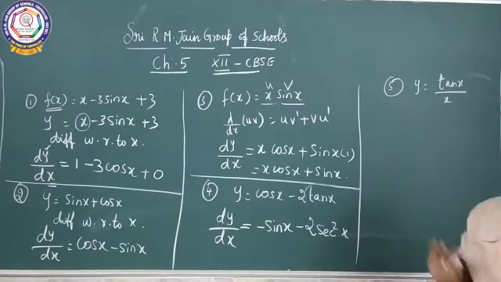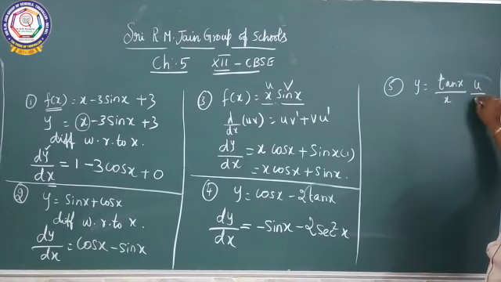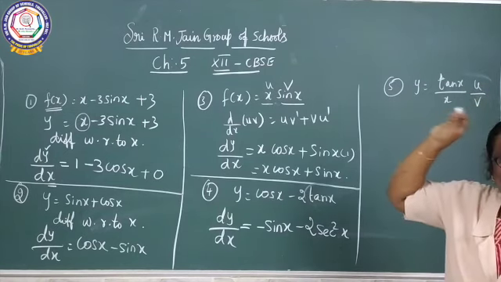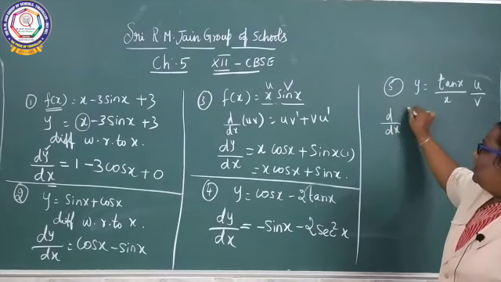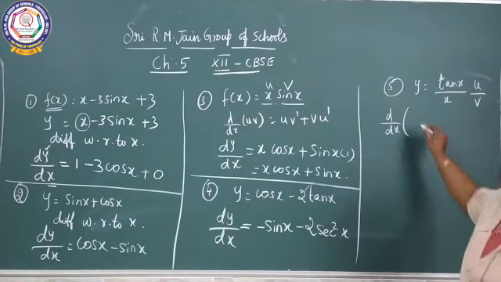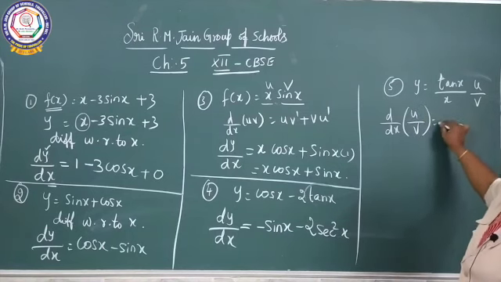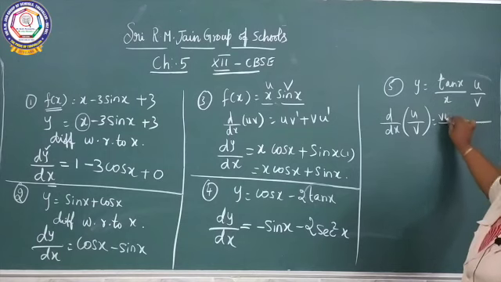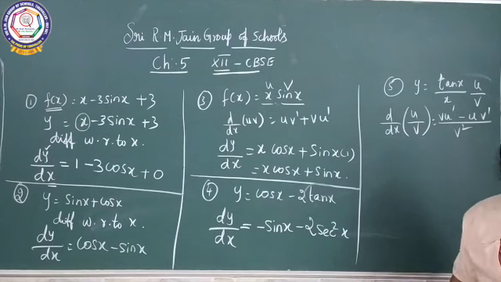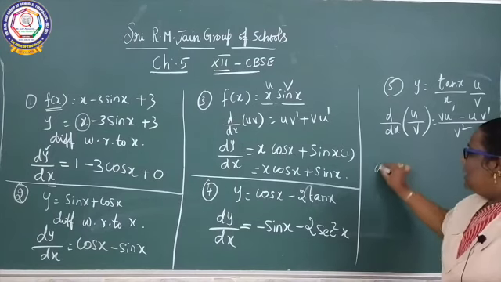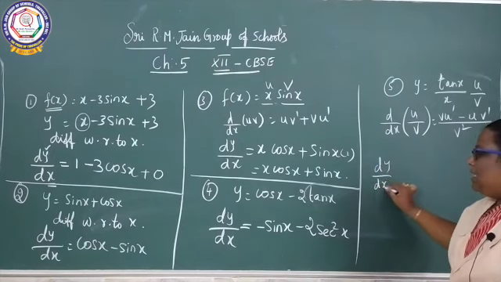Next, see the sum. It is in a division form. What formula can we use? u by v. What is the formula for u by v? That is the quotient rule. u by v differentiated equals (v u dash minus u v dash) over v square. Dash is nothing but differentiation. See here, dy by dx equals